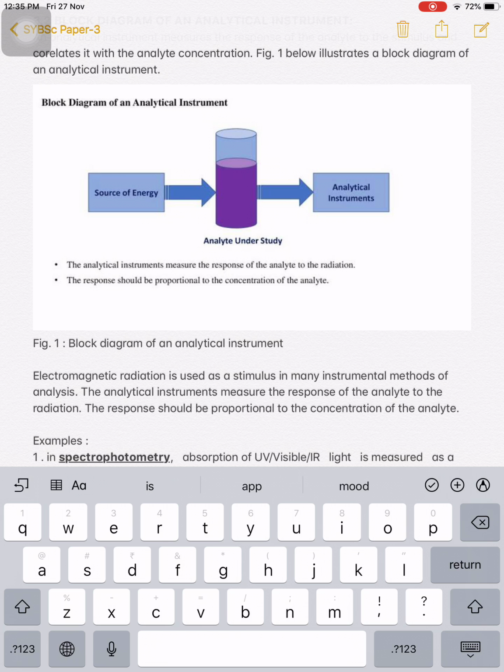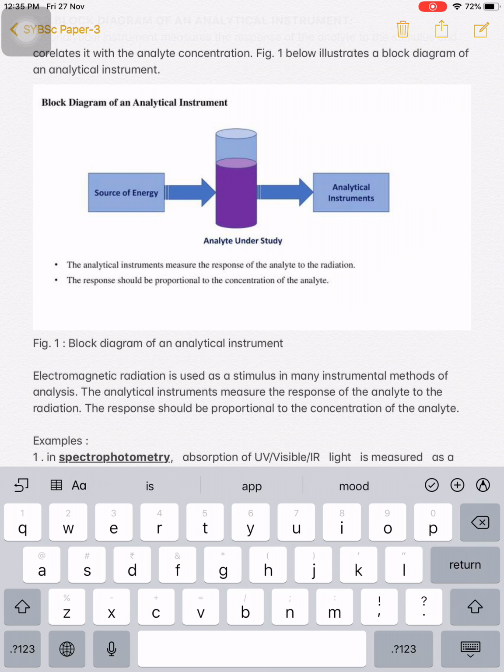On the right side, the analytical instrument is there, and the middle part is the analyte under study. So whatever we are going to study, that component has to be put into the instrument, and the source of energy can be in terms of electromagnetic radiation, or electrical, mechanical, or nuclear. So we have to provide that energy to that solution, and then we get the response through